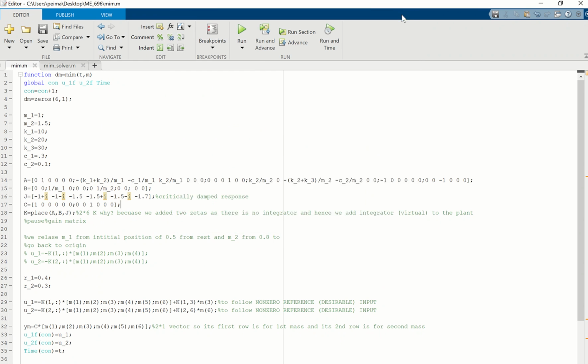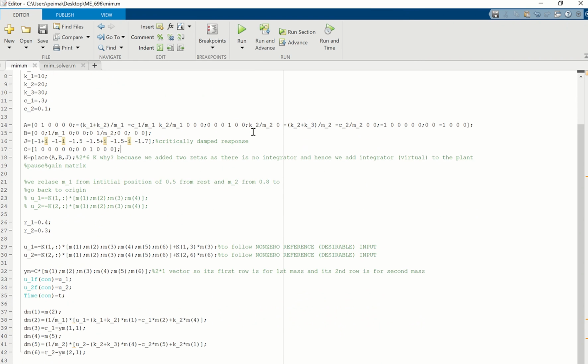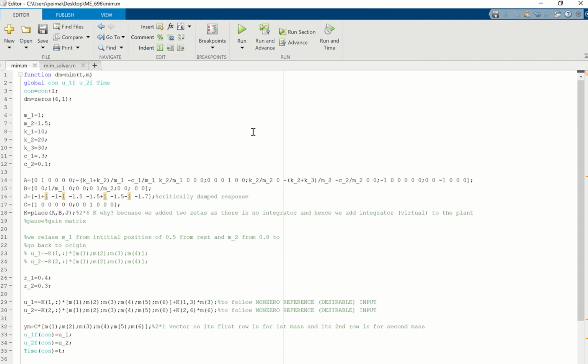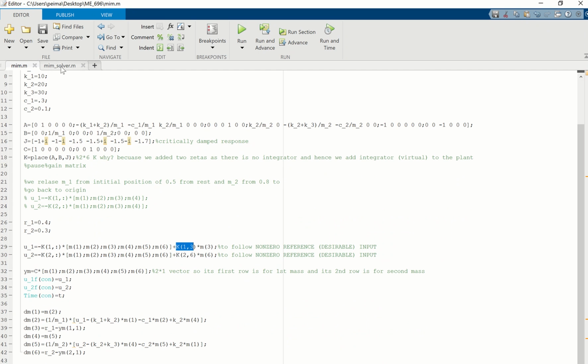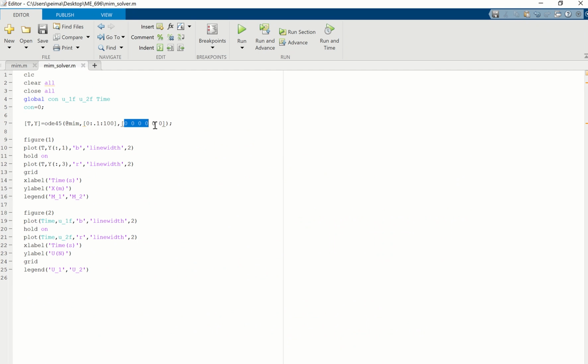Now we have designed a controller for a MIMO system. I want you again to type these one by one and understand what I have done, especially this part. Why did I select third and sixth? Because these are the attributes for those details. Understand what I'm talking about? Okay. And obviously here, because I added two state variables, zeta 1 and zeta 2, you have 6 initial values, 0, 0, 0, 0, 0. And